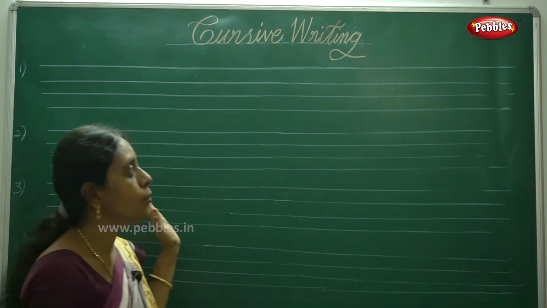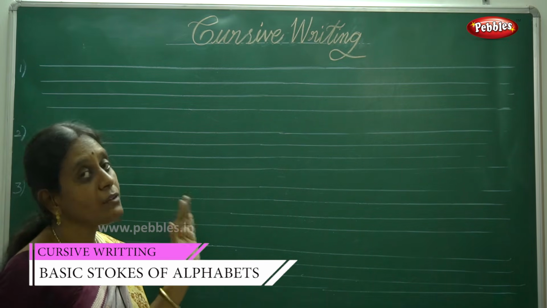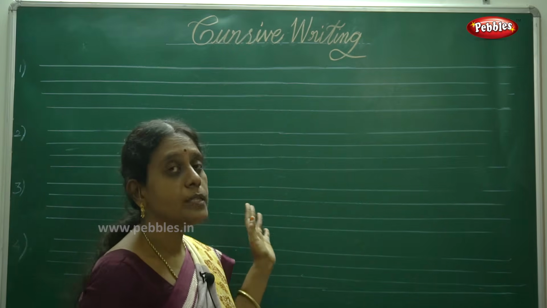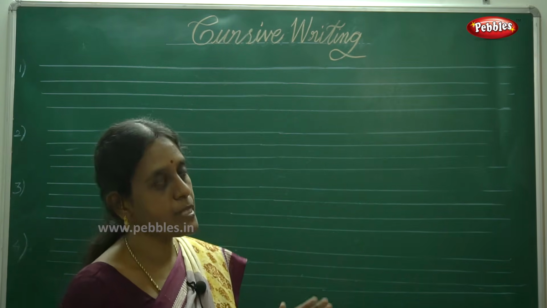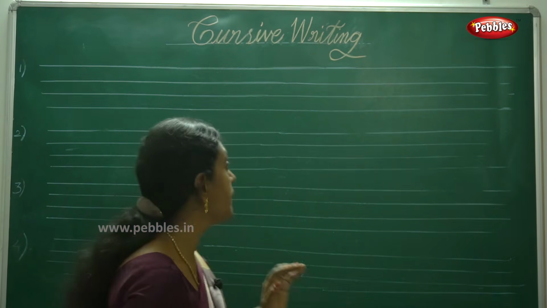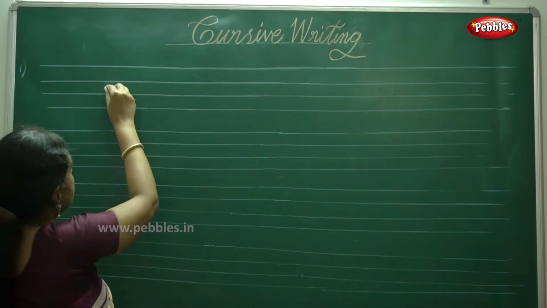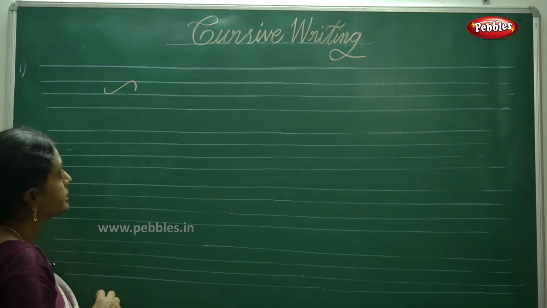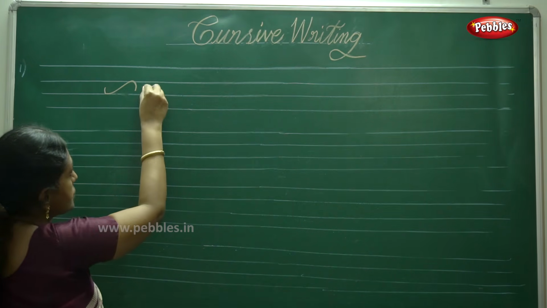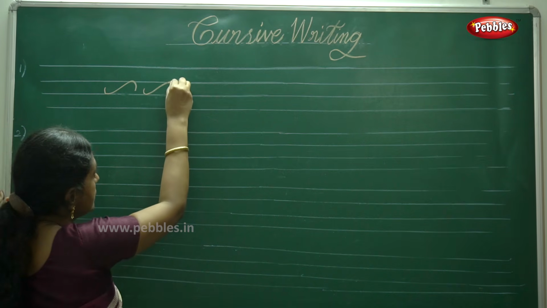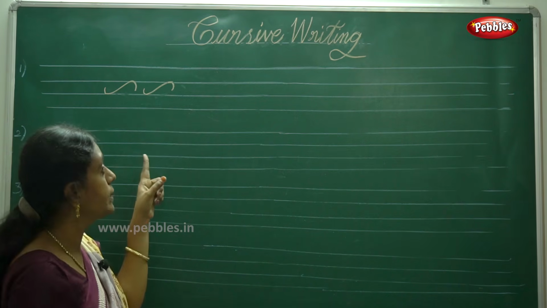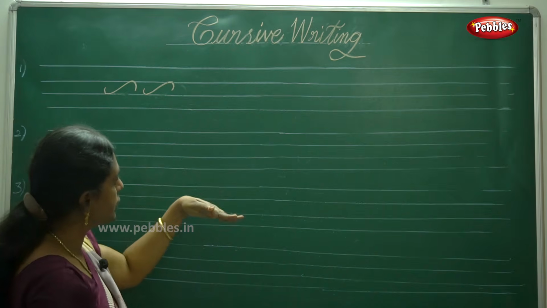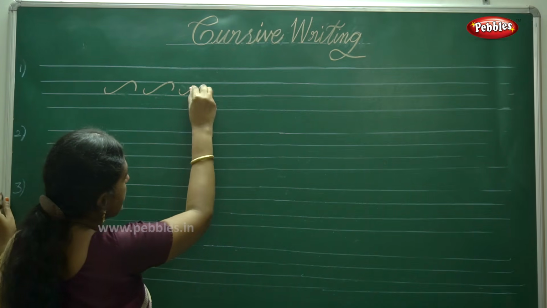Now we are knowing about the basic strokes for alphabets, how it comes from the basic strokes. First we have to know about the small alphabet from A to Z. Listen, from bottom line to top line you have to draw. Remember, this is similar to that of our alphabet S. Okay, it's a horizontal position. S, you have to draw the S, horizontal S.